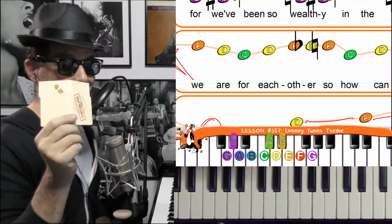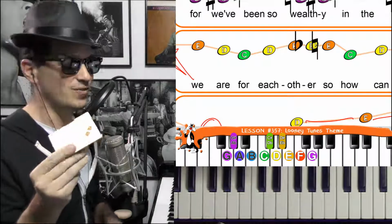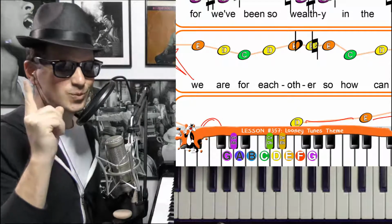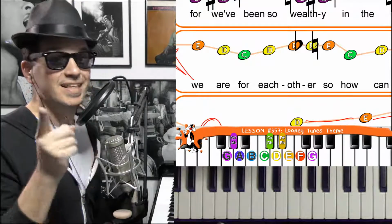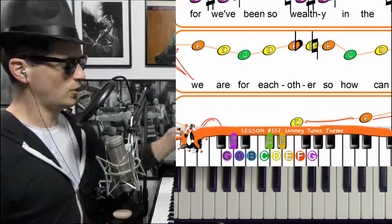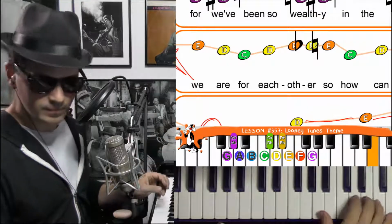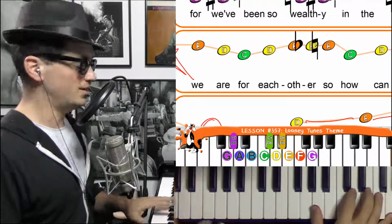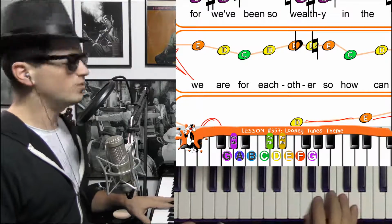Okay. Next thing, last thing. Oh yeah, this song at the end. If you feel like, wait a second, that's the theme to Looney Tunes? I think that's really the theme to Disney. That's because it's the theme to Disney. They have the same ending of the song. So this one right here, that thing right there is the same as the ending to any of the Disney movies. So the Disney movies go,